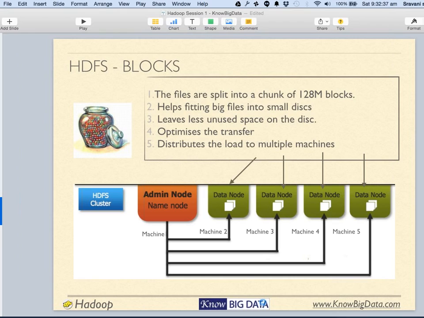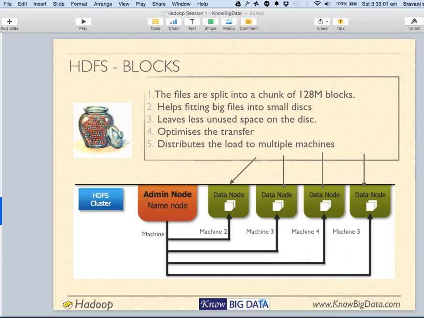Now, because of this slicing of the file, it helps Hadoop fit the data onto a smaller disk. You can fit big files into smaller disks, and it also leaves less unused space on the disk.